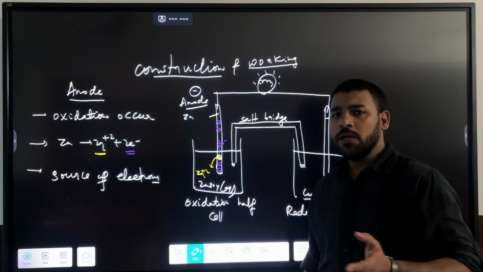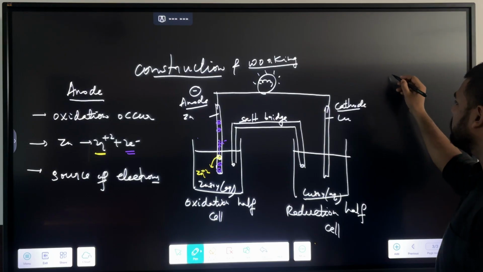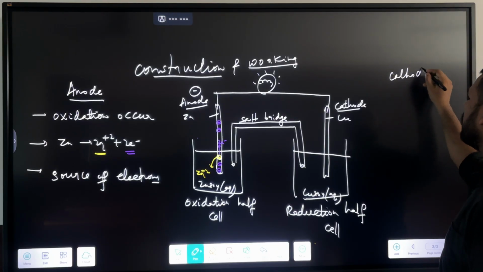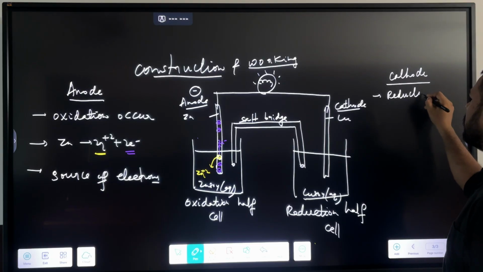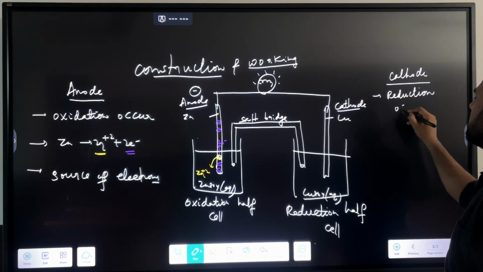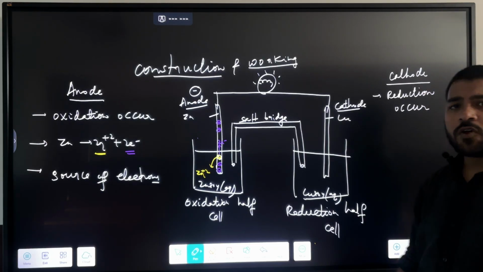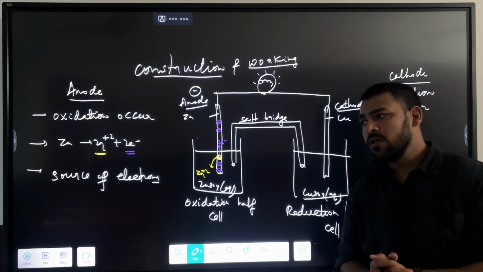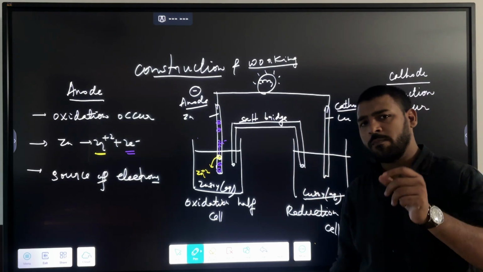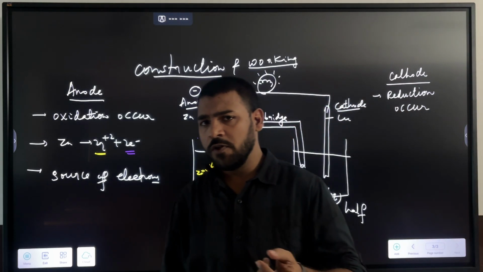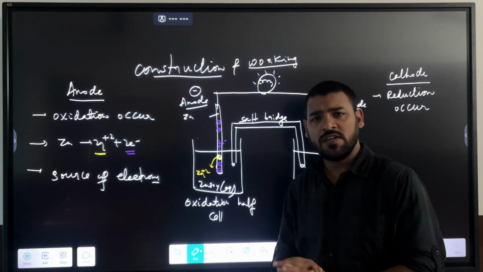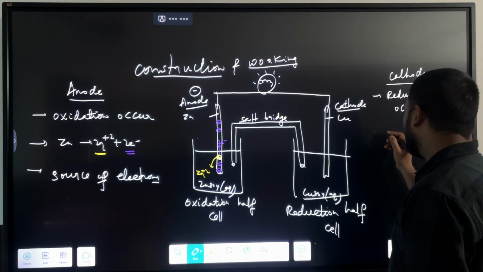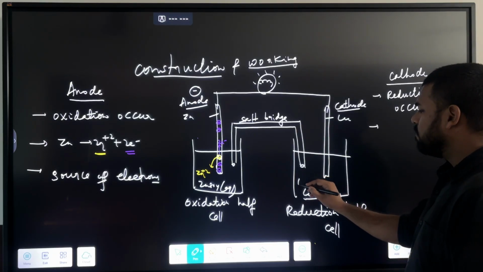Now coming to the cathode. Cathode means what? Cathode is an electrode where reduction occurs. When we look at the copper, copper cannot be reduced further because copper is a metal. Metal will always be a positively charged rod. So what will happen? This copper plus 2